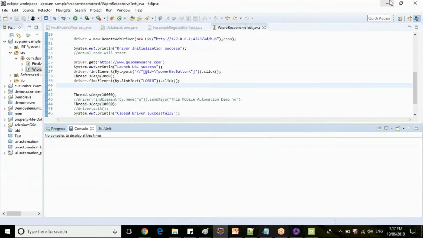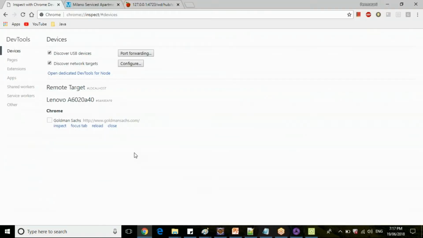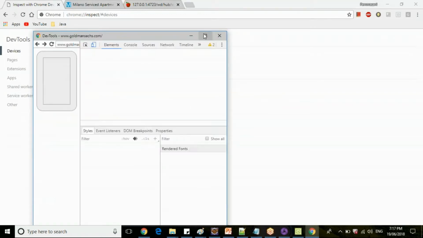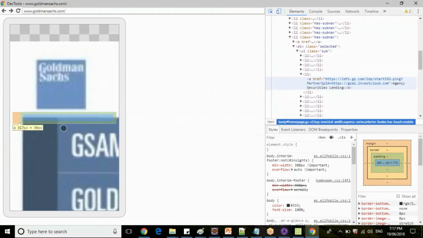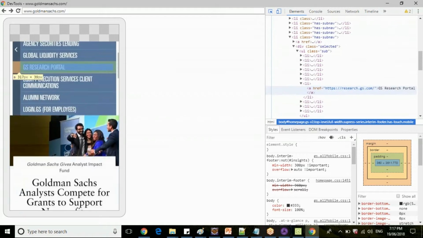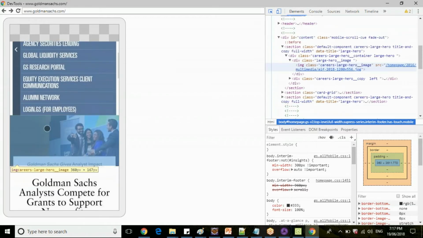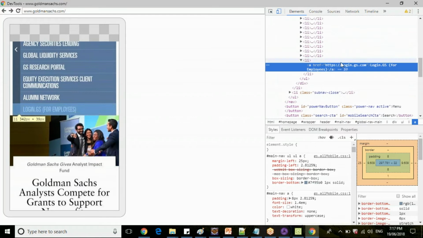Let me stop this. Yeah. Let me click on inspect here. Let me wait a couple of seconds for the screen to load. So we need to select this login.